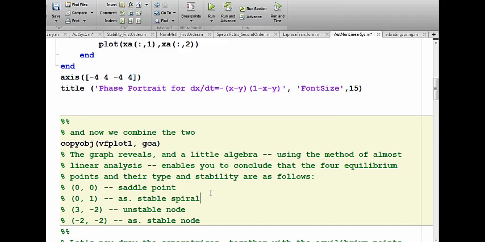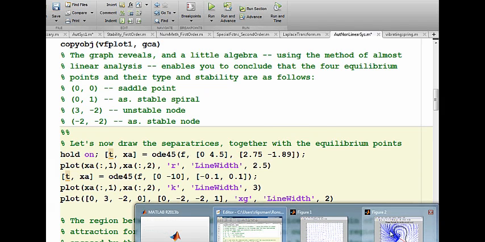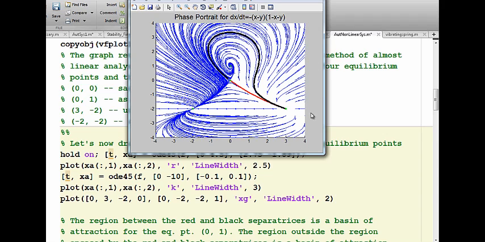And now let's draw the separatrices. So I'll let you read the code. It's explained in the MATLAB book. But you'll see there are going to be 2 separatrices. Let's run this and bring the graph back up, and there are the separatrices. They both run from the unstable node to the saddle point. One goes along this solution curve and the other goes along this one,